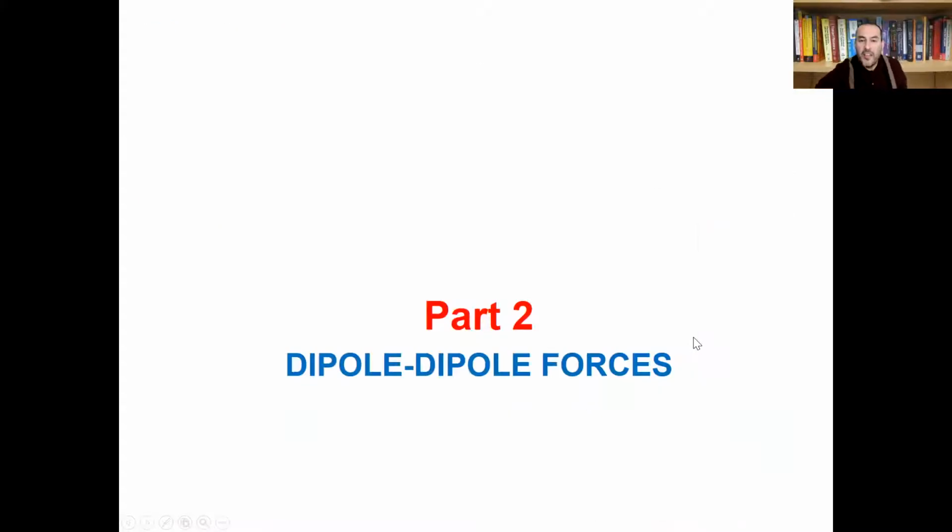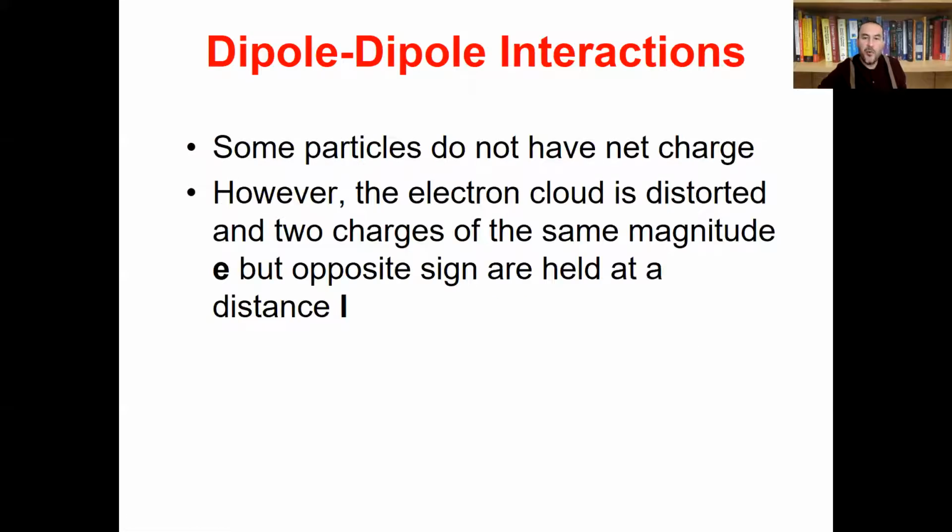Right. So now the dipole interactions. We talked, for instance, about sodium chloride. These have net charges, or ions. However, many molecules do not have this net charge. Overall, the charge is 0. However,